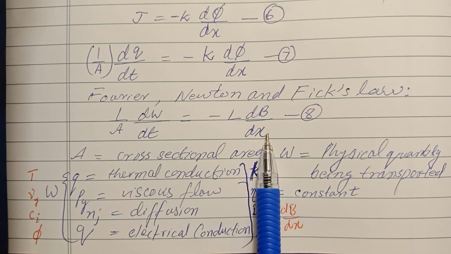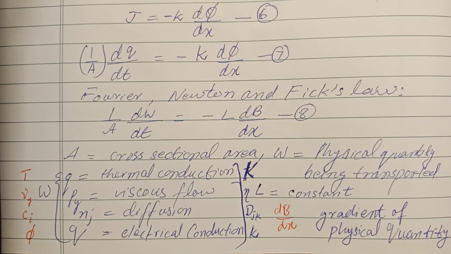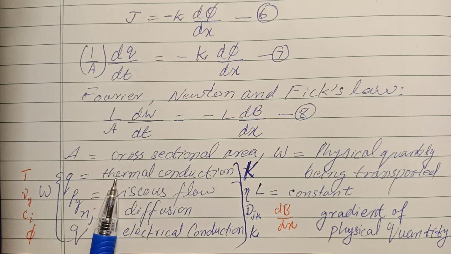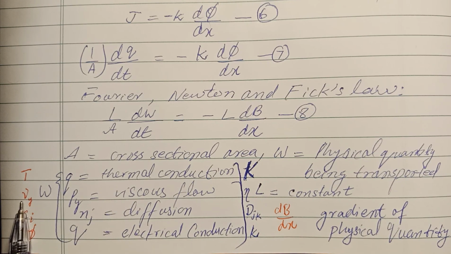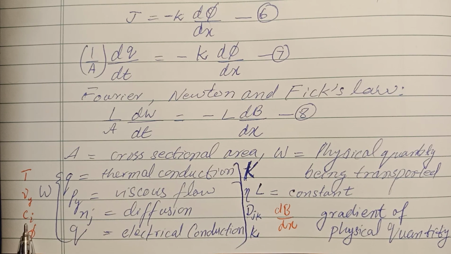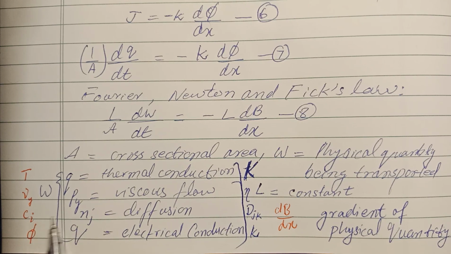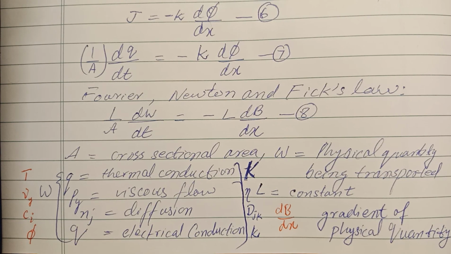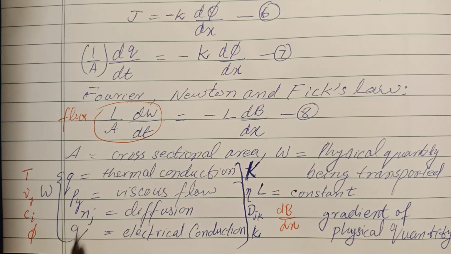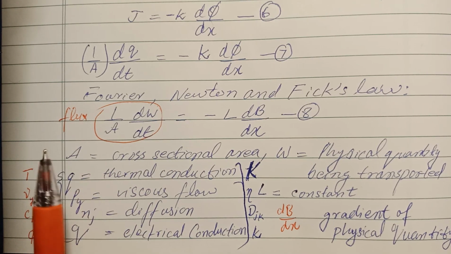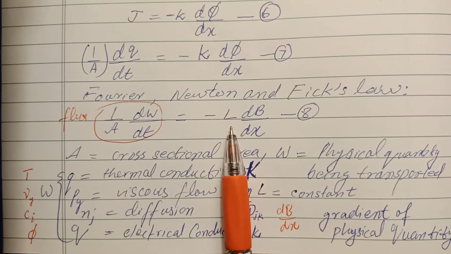Whereas dB over dx is the gradient of the physical quantity, which is temperature for thermal conduction, velocity in the y direction for the viscous flow or for the determination of viscosity, C_i the concentration of ionic species for diffusion, whereas it is the electrical potential for electrical conduction. So this quantity or parameter is known as flux, which is proportional